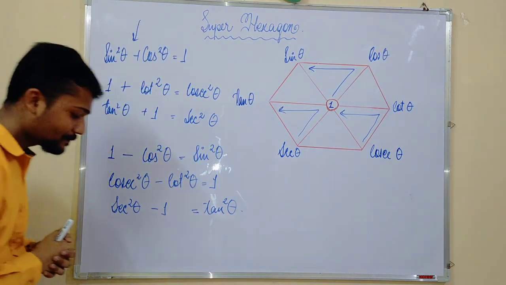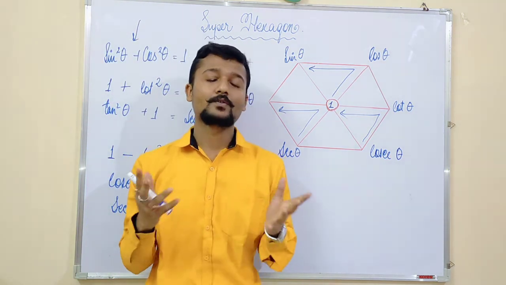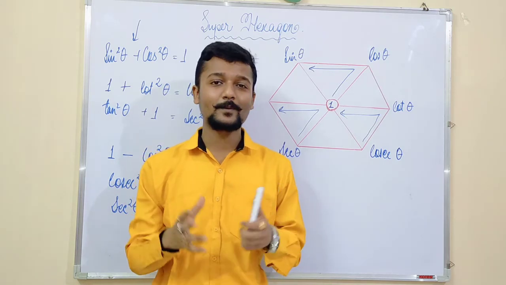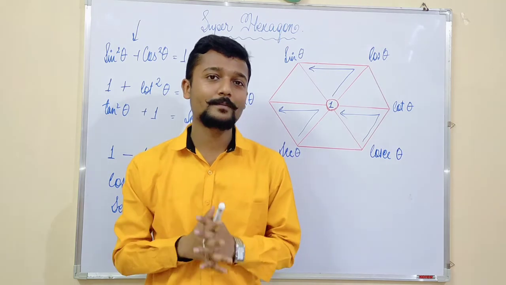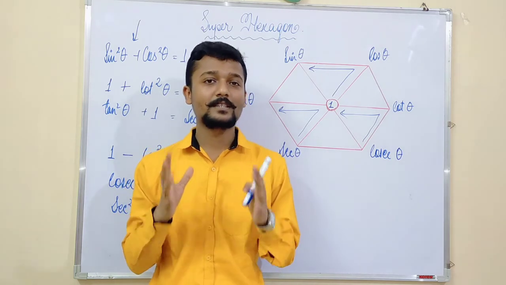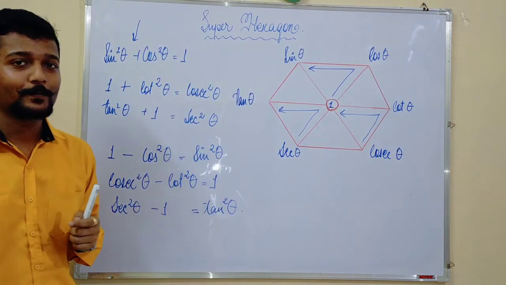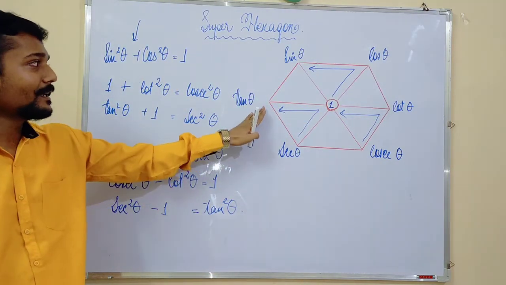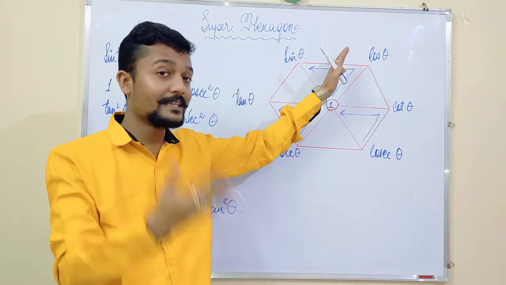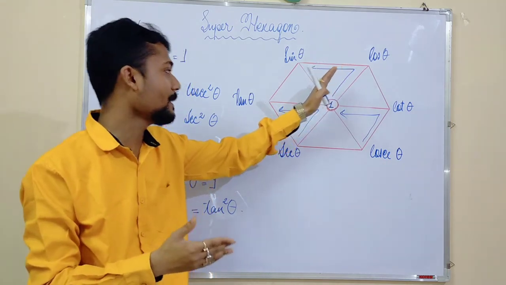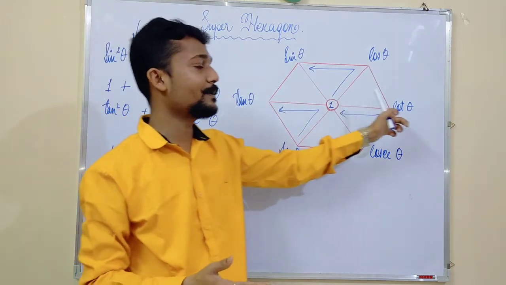So with this we have come to the end of our today's class. So I hope the superhexagon will actually help you in the examination. It will help you to not have to memorize the formulas. You can just fix this particular figure in your mind. Okay, don't forget that tan is equal to sine by cos. Don't forget that. I have repeatedly said this in my entire video. Tan is equal to sine by cos, then opposite of tan will be cot.